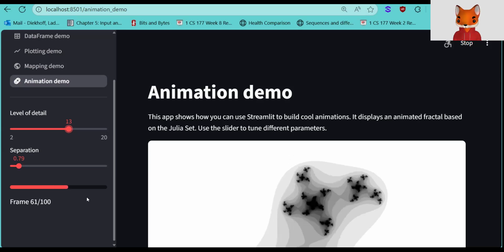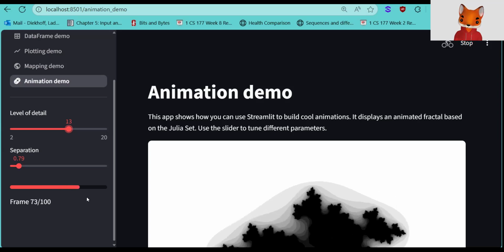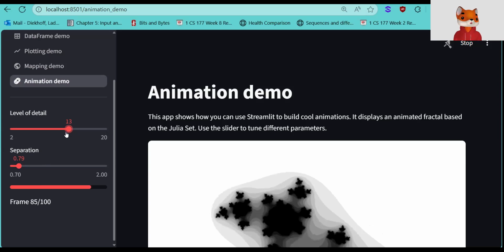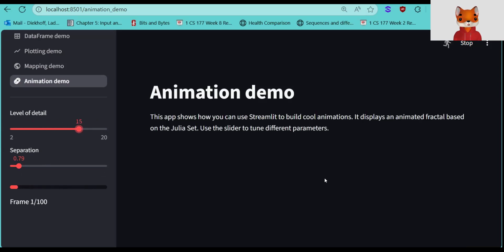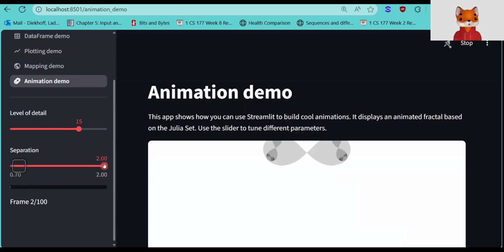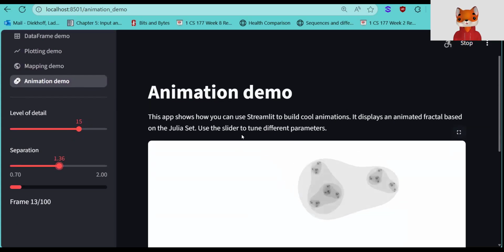Slider, that's what it's called. Using the slider here, you can actually see the visualization of it and the separation of things if you're so inclined. So now that we know that Streamlit works on our device and we've installed it correctly,